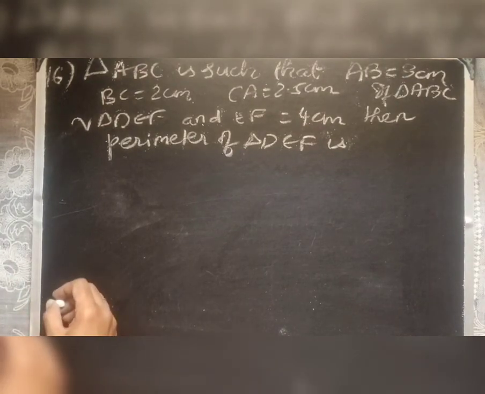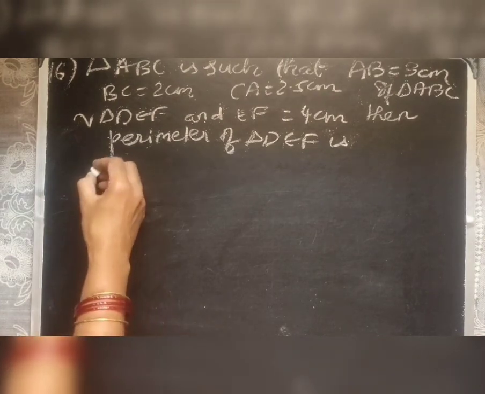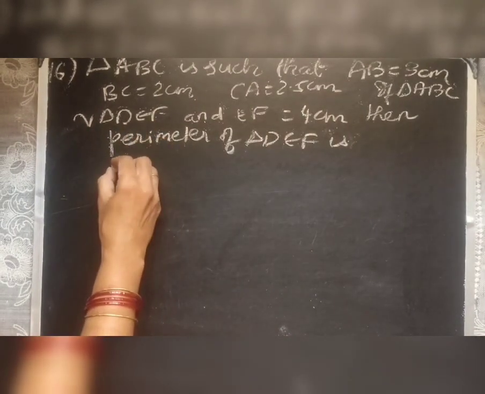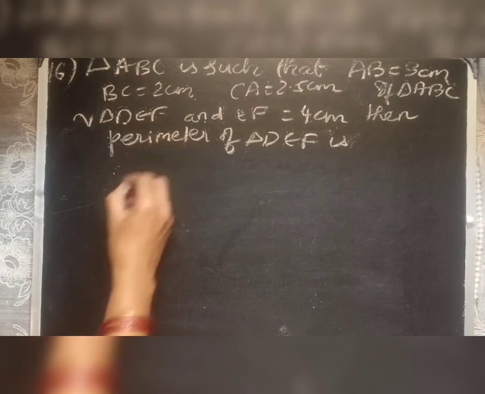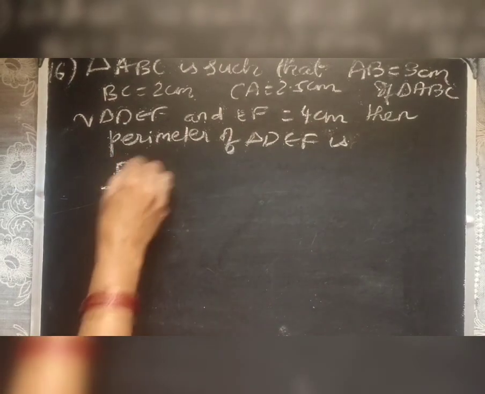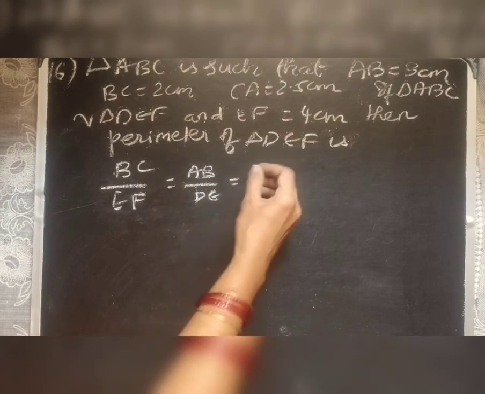So triangle ABC is such that AB is equal to 3 cm, BC is equal to 2 cm, CA is equal to 2.5 cm. If triangle ABC is similar to triangle DEF and EF is given as 4 cm, then the perimeter of the triangle DEF is what? So first, since they have given triangle ABC is similar to triangle DEF, and they have given EF. So if I take the EF side, then the corresponding side in triangle ABC will be BC. So now BC by EF is equal to AB by DE is equal to